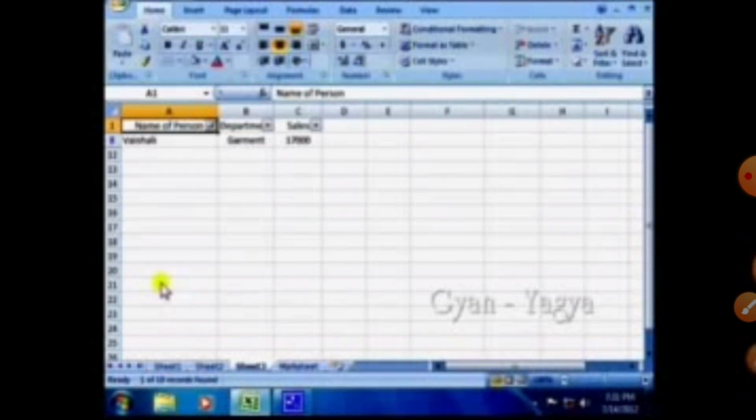By any name we click, like Vaishali, the name of the person is Vaishali, department is garments, and sales is 17,000. So here it shows the filter option by the particular name.